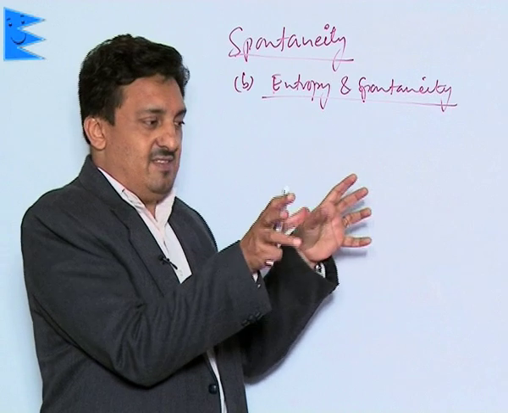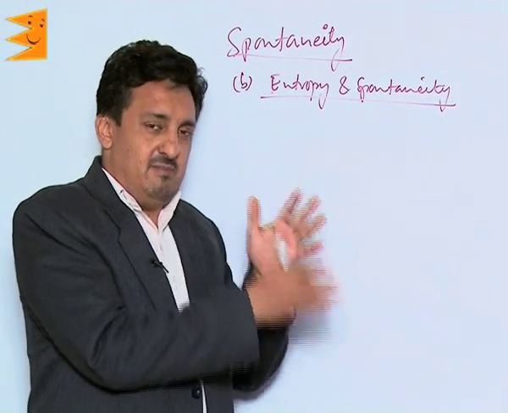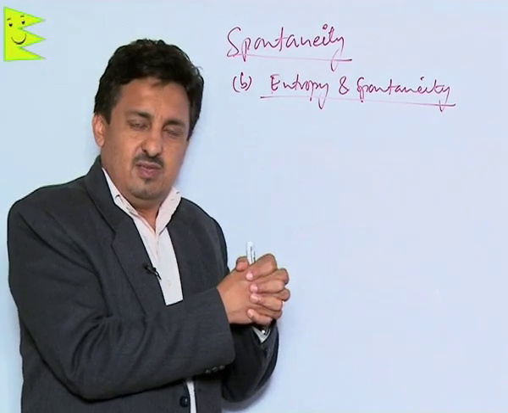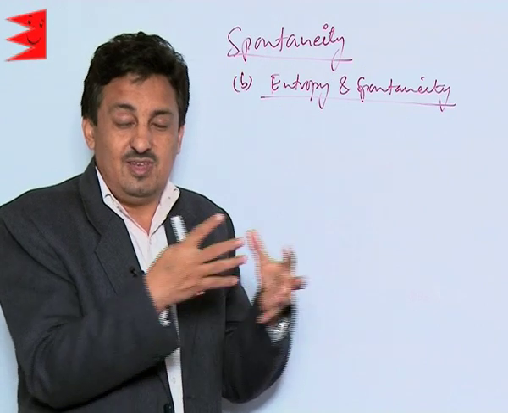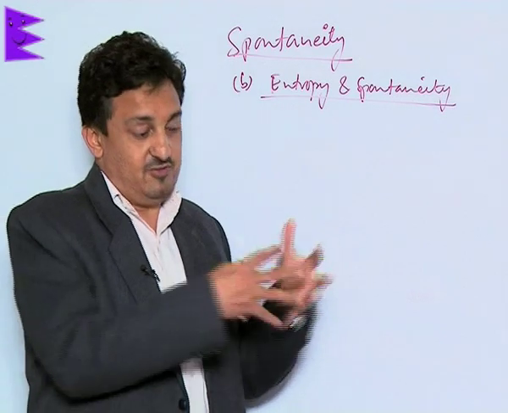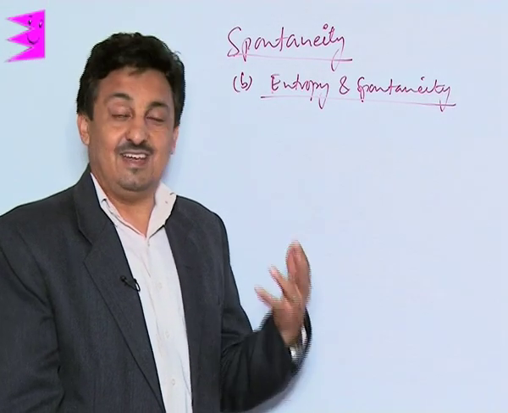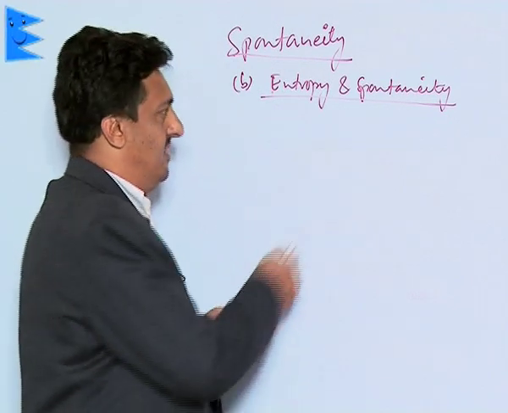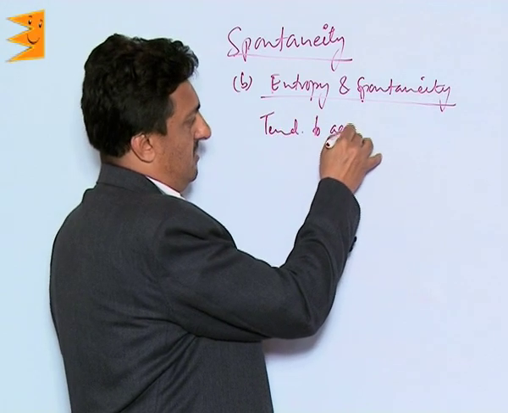If you place those two gases in different chambers and you suddenly open the partition between the two, you will find that both the gases get mixed with each other. Their diffusion takes place. In this process, the overall delta H remains zero. But still this process, the mixing of the two, is spontaneous. This gave us an idea that it is the randomness or disorderness,